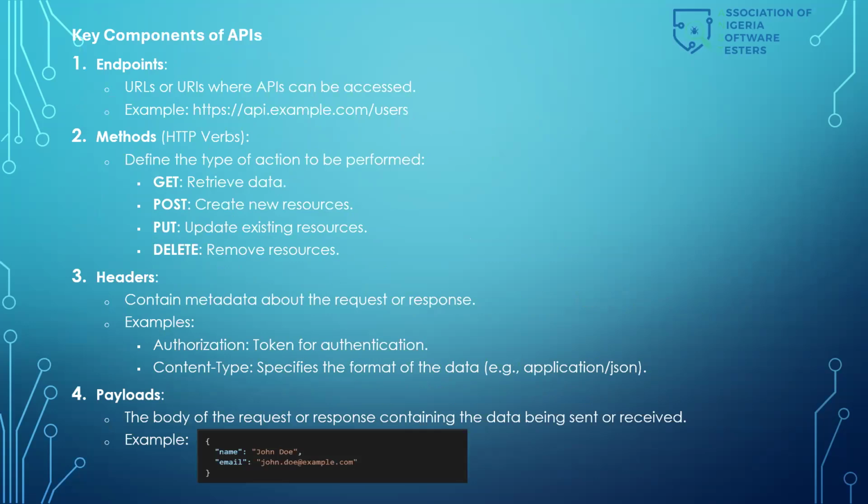So now we have the key components of APIs. I know that I've talked about HTTP. You heard me talk about endpoints. You heard me talk about methods, HTTP methods, and you're wondering what this woman is talking about. So endpoints are basically the URLs where the APIs are stored. We said that the APIs connect software systems or services to work, right? So where all these APIs are stored,